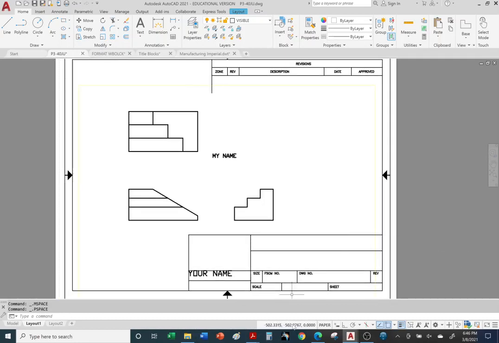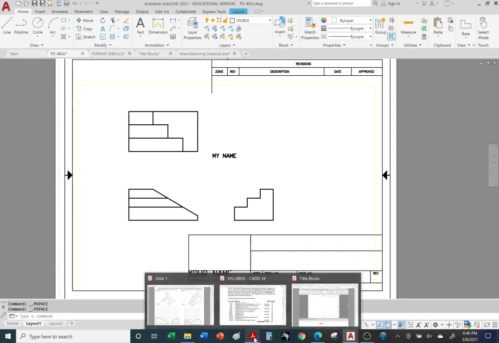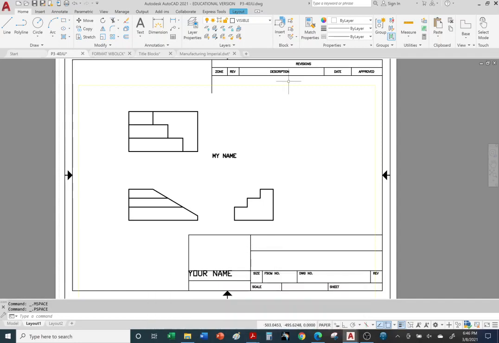All right, so let's go ahead and continue on. If this is a little confusing, I understand. I get more questions about title blocks and borders. How do I insert a title block and border? I'm going to walk you through it in the assignments for each problem. Okay, and again, title blocks and borders, I'm going to make it optional. You don't have to add them if you don't want to. All right, so